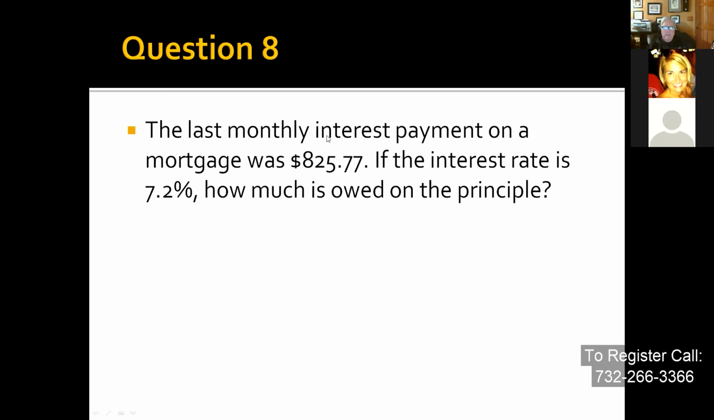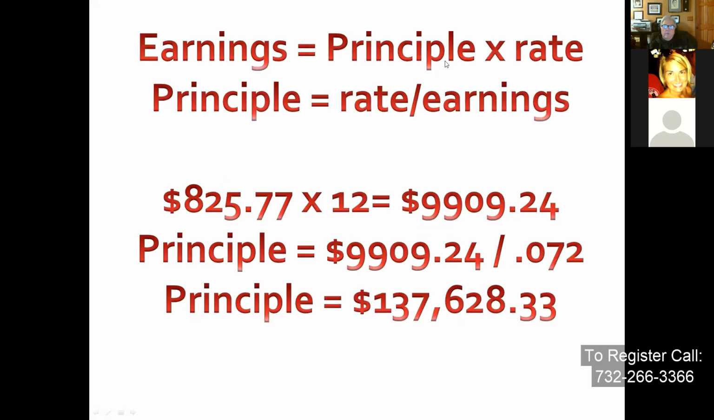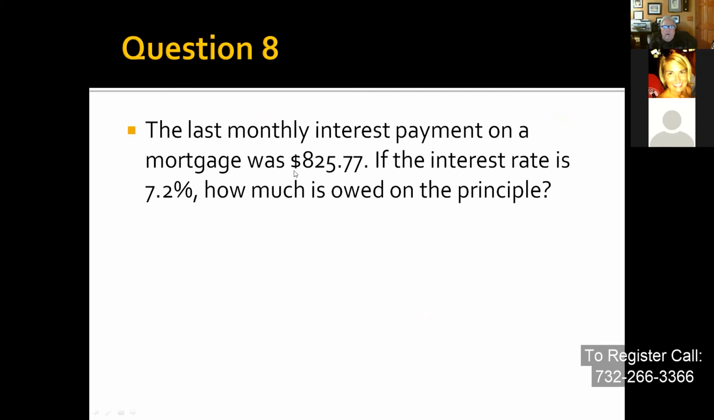The last monthly interest payment on a mortgage was $825.77. If the interest rate is 7.2%, how much is owed on the principal? So again, what we have is our old earnings equals principal times rate. And if we manipulate the formula, principal is equal to earnings divided by rate. This 7.2% is by the year, because interest rates are always by the year, so we have to multiply that